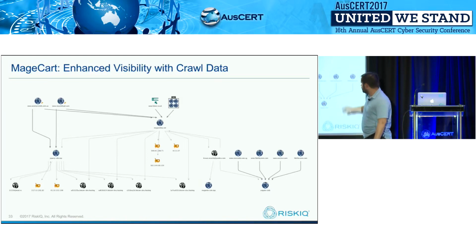We can say, show me all of those relationships for this new domain we found, angular.club. And now we see that there are 4 websites redirecting to angular.club, and the same over at jquery-cdn.top. We have 2 additional domains redirecting to that infrastructure. So by adding and layering in web crawling data over our traditional data sets, we have a lot more visibility into the MageCart attack campaign.